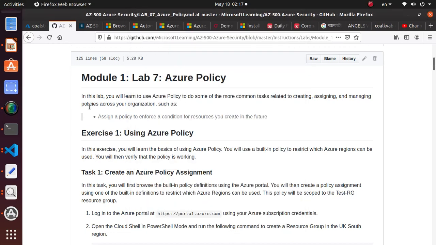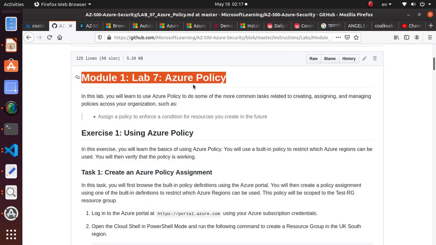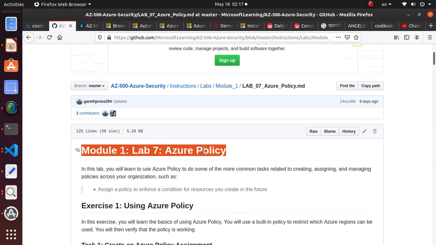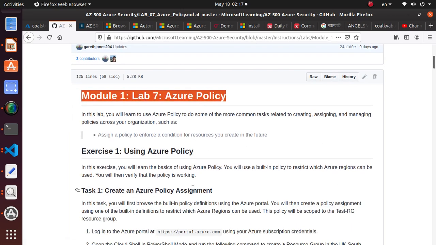Hello everyone, today we're going to follow the lab module 1 lab 7 Azure Policy, and this is available in the GitHub AZ500 Azure Security. I'm just going to follow the lab and see if I can follow it nicely and be able to complete the lab. So this lab is focused on the Azure Policy,